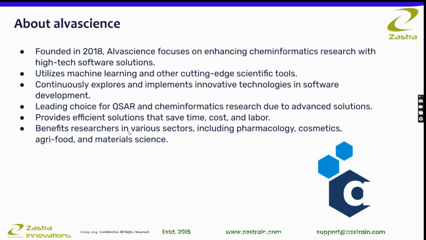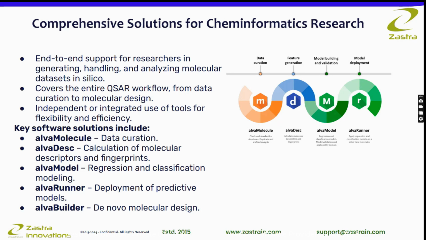QSAR and QSPR modeling, and it benefits researchers in various sectors and domains, including from drug discovery to pharmacology, cosmeceuticals, agriculture, material sciences. Of course, we are going to see how it works and how each of the modules for Alva Science works. So in Alva Science, we have a total of 5 modules, but specifically the most important ones